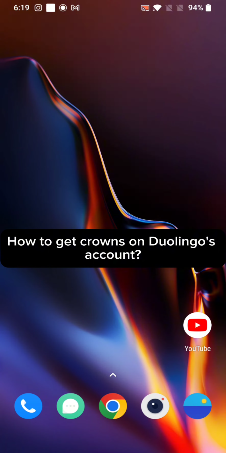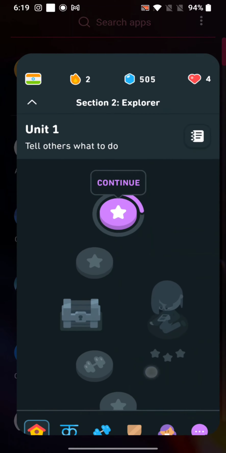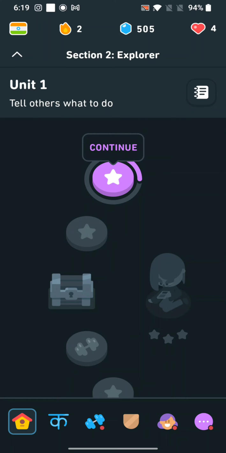To get crown on Duolingo, firstly go ahead and launch open your Duolingo application. The home page of Duolingo application will appear on the screen. The home screen may get different due to language that you are learning or because of your progress in learning